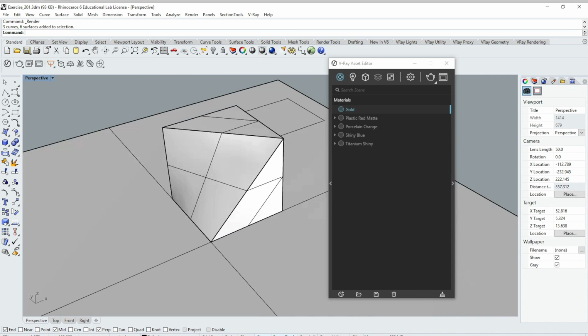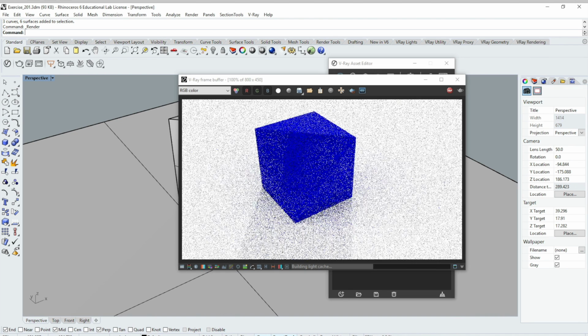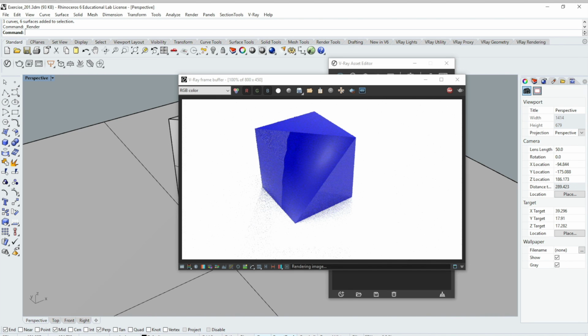And the renderings are what you see is what you get, so let's make sure I can see the whole object, and then I can go ahead and render again. And there it is as the shiny blue object. When this rendering is done, it's finishing up its render pass here. There we go. I can go ahead and save this render.